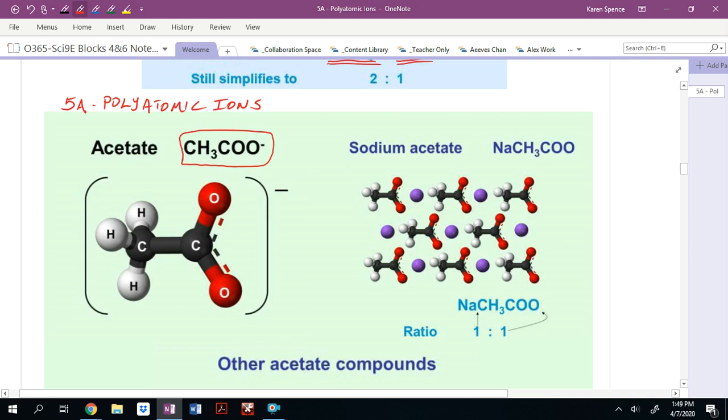CH3COO minus, and I often get students asking me, why don't we simplify it by writing it like this? C2H3O2 negative. And the fact is that we can write it like that. Both are correct. The reason that we write it as CH3COO rather than C2H3O2 is because it more accurately represents